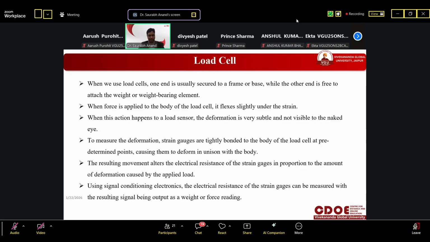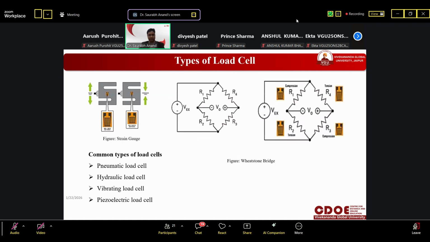So these are all about that same thing that I have explained. Okay, so no need. You can see here, we are using a strain gauge. Whenever we are using the strain gauge, depending upon the force, this strain gauge will give the value. It will also stretch, so we can measure it.